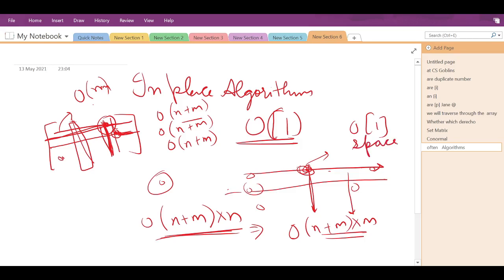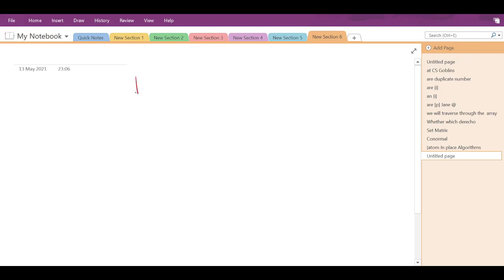So let's see what the LeetCode solution says. Okay, I will tell the in place algorithm once again.